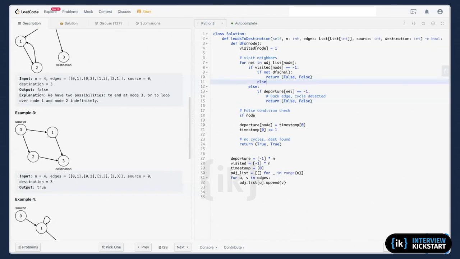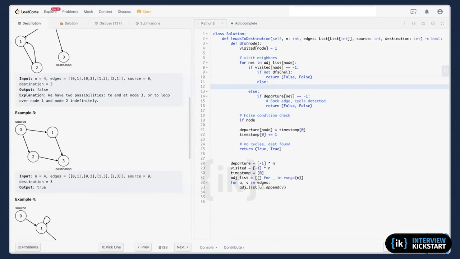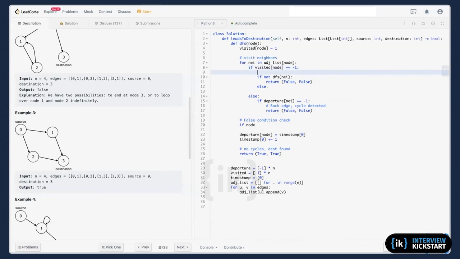Okay. And I need to check this one, to capture this one. This is cycle. So I cycle, and this is list found. This way then.